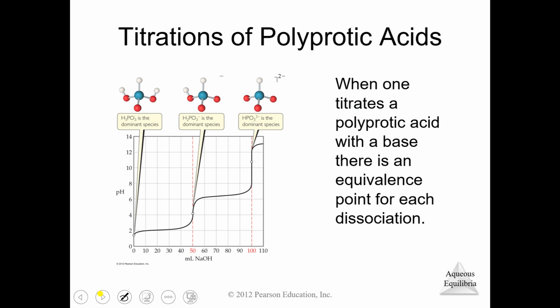Polyprotic acids, this is why we did the Coke demonstration. Now I had to boil the Coke for roughly 30 minutes. Once it got boiling, which took about 5 minutes, I had to boil for an additional 25 minutes. That was to get rid of the carbonate that makes it bubbly, carbonated, because that can also react with our reaction. So we had to get rid of all those gases that were soluble in the solution. Once I got rid of all that, we were simply testing the acidity of the phosphoric acid, which is in the Coca-Cola soda,